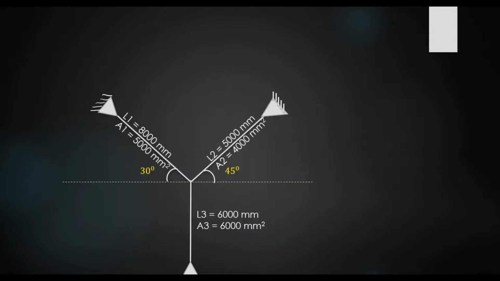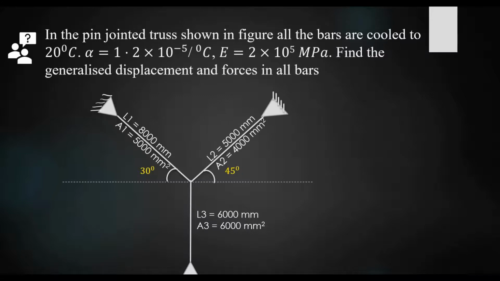Next we will see the temperature effect. So when we have different temperature during casting, some members of the structure may expand or contract. Due to this, a strain will be developed inside each of these members, and we may have to find out the forces inside the bars due to temperature. Okay, so let us see that by using an example.